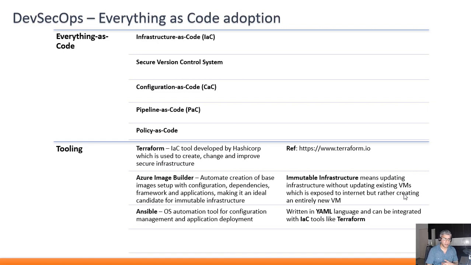What I mean by immutable infrastructure is that the behavior that needs to be followed is, if there is a change that needs to be done, you should not go ahead and update the VM. Rather, create a new VM out of it. Okay, because when you are trying to update a VM, if there is a change in the infrastructure or something, like if you're trying to update that VM,